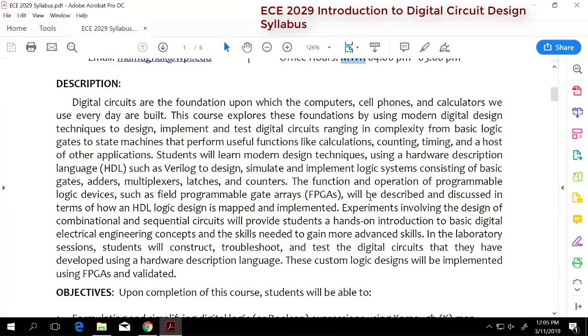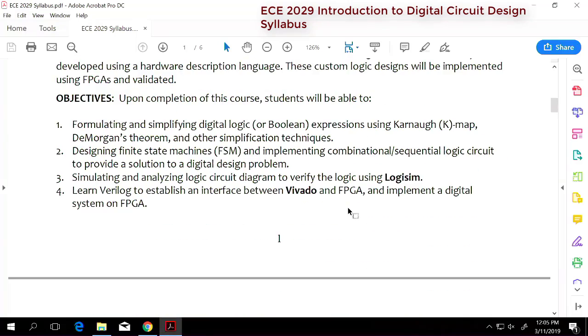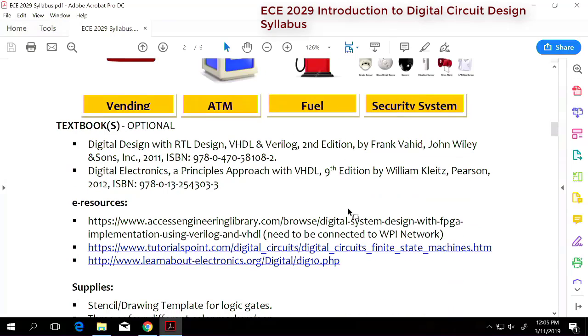So this is a very basic class which tells you why digital systems work on the principles of zeros and ones. When everything around us is analog in nature, why do we prefer digital systems? We'll learn about it, and we'll make machines, finite state machines, in this class, which would basically be a computer. The first computer that came out was a basic calculator, which could do basic addition and math. Hopefully by the end of this term you should be able to make small computers, and that's what this course is about. I'm going to skip the objectives here, but I encourage you to read them.